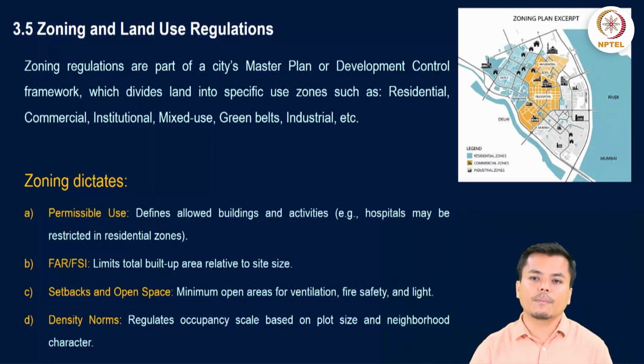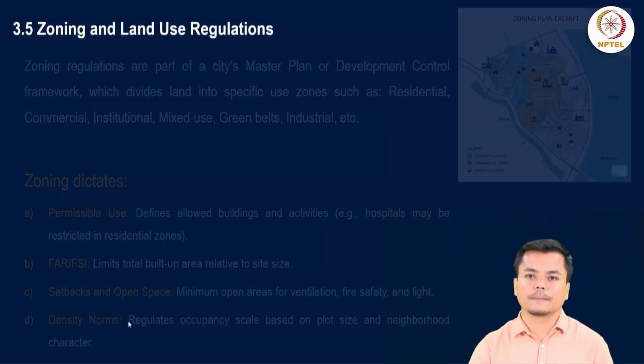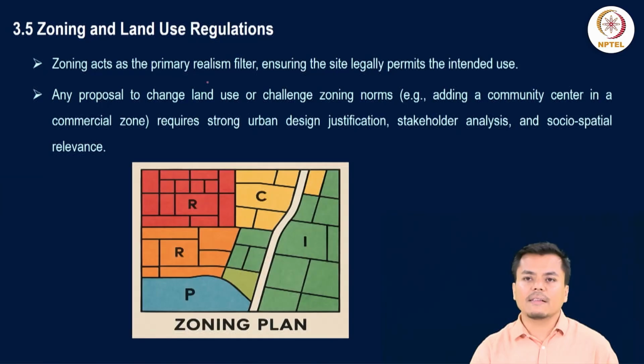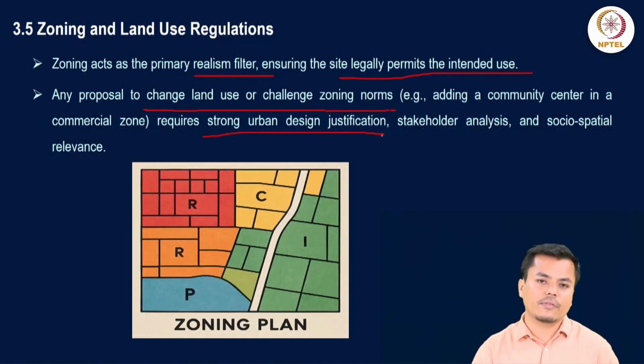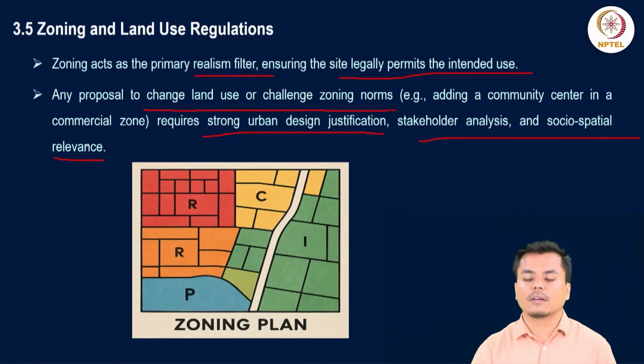So zoning dictates the permissible use, it determines the FAR and FSI, it also determines the setbacks, open space and the density norms for the particular building. So zoning acts as a primary reality filter, ensuring the site legally permits the intended use. Any proposal to change land use or challenge the zoning norms requires strong urban design justification, stakeholder analysis and socio-spatial relevance. So that is why you should select a site which falls under the relevant land use